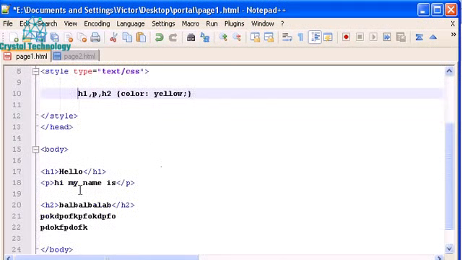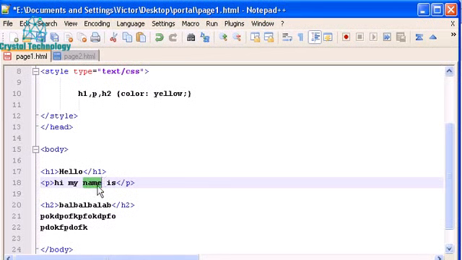What about if I have this phrase here and I want to change only this word? Okay, I want to change only the size of name or the color. Okay, so let's change the size and the color for the word name inside the p tags, the paragraph tags. So we would have to write this